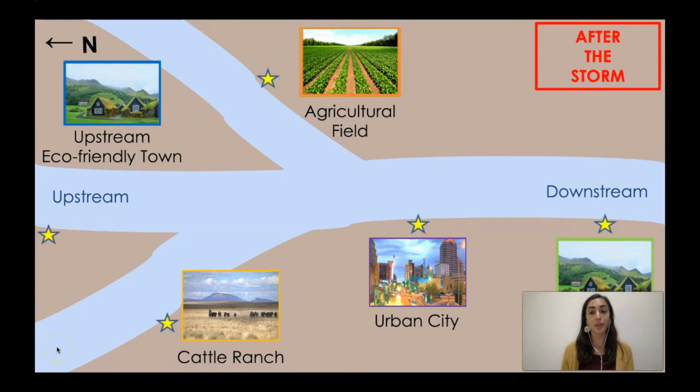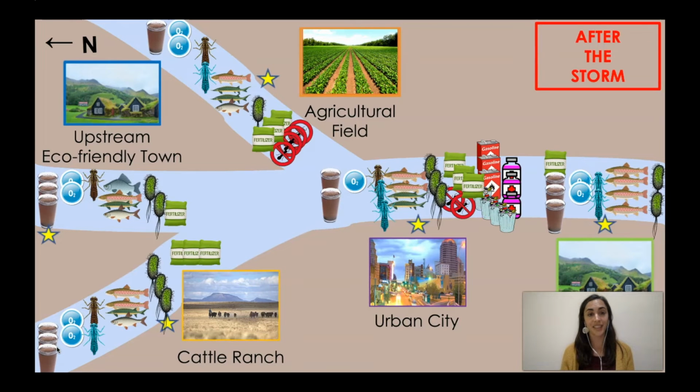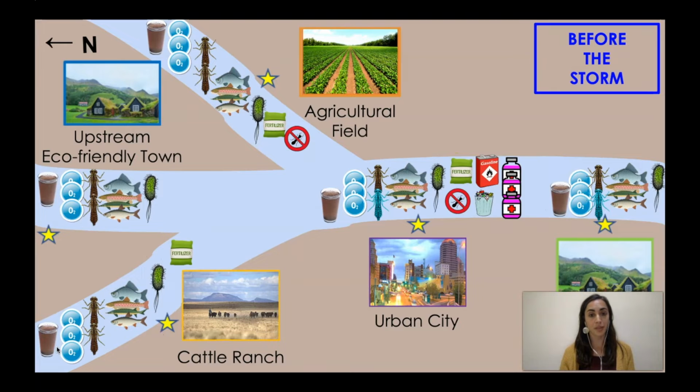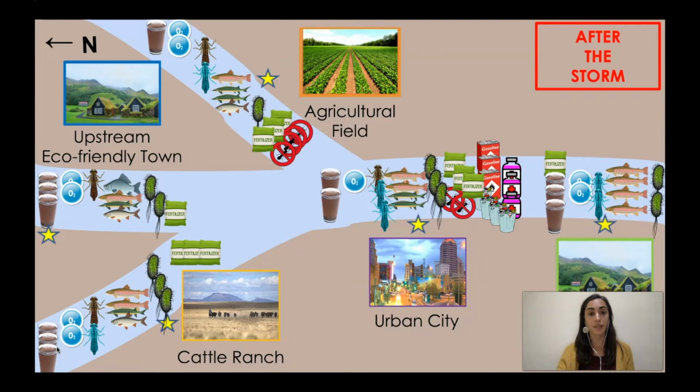Okay, so what we're going to do now is look at our watershed model with our different communities. After talking about the different compounds that we can find in the water right next to each of these communities, we're going to look at how much this scenario changed after a storm event. So don't panic. That is a little bit of what happened after a storm event and the different water composition that we had right next to each of these communities. We're going to compare it to before the storm event. So if you see before, after,